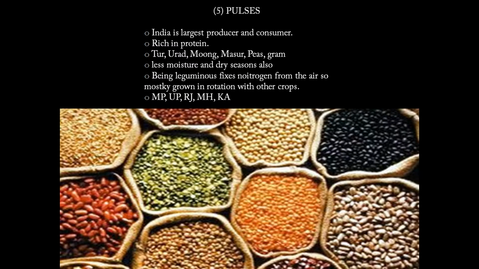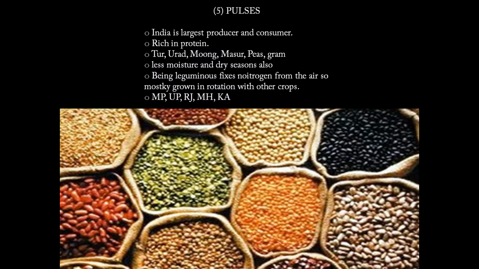The next important crop, again a grain, is pulses. Other than being a grain, this is also very important to give taste to our tongue, isn't it? That's why India is the largest producer and consumer of pulses, because it is rich in protein. Okay, tur, urad, moong, masoor, peas, gram, all these are pulses which we use in our daily life and we eat them, isn't it? They require less moisture in land, in soil, and in the dry season also it can be